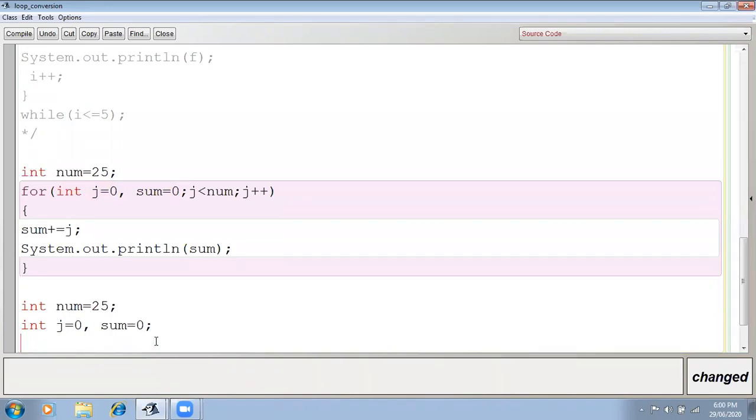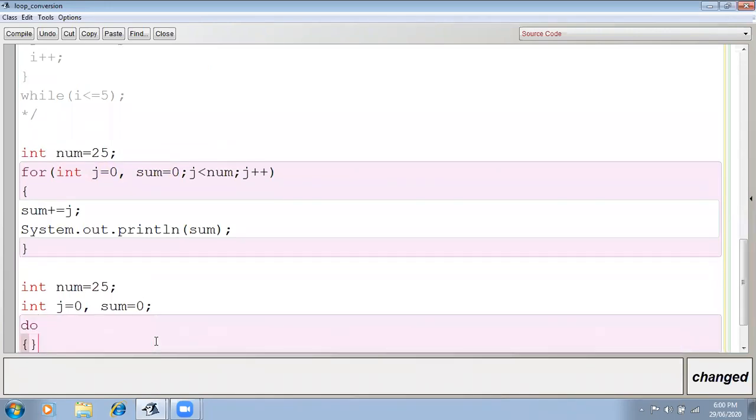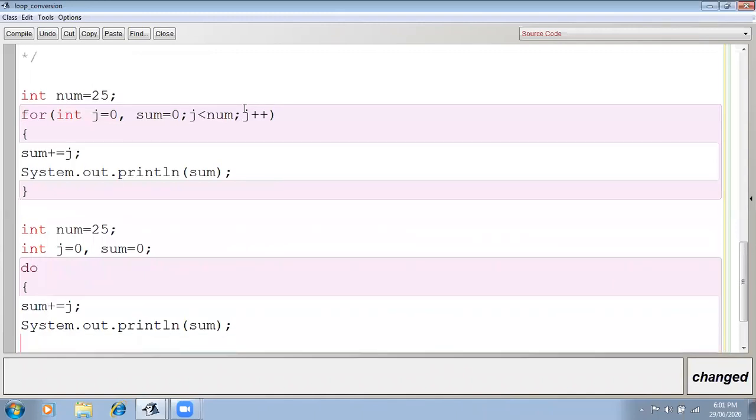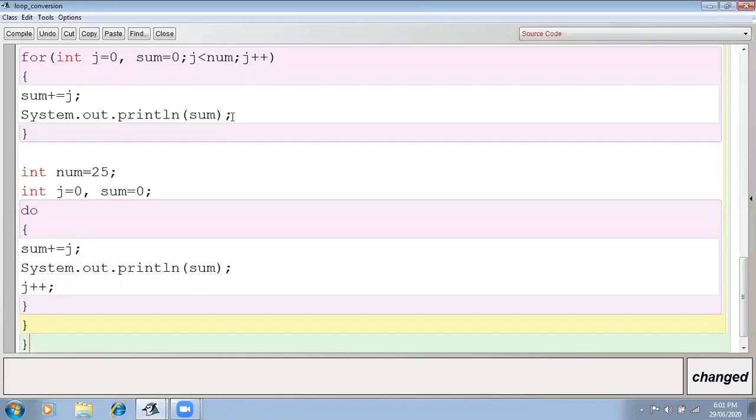Okay, then after that do, then the body of loop, then the updation, that is j plus plus. Okay, then the test condition. So j less than num. This is your test condition, right?